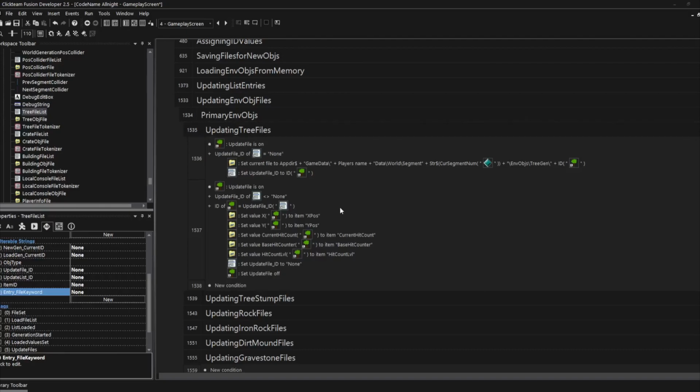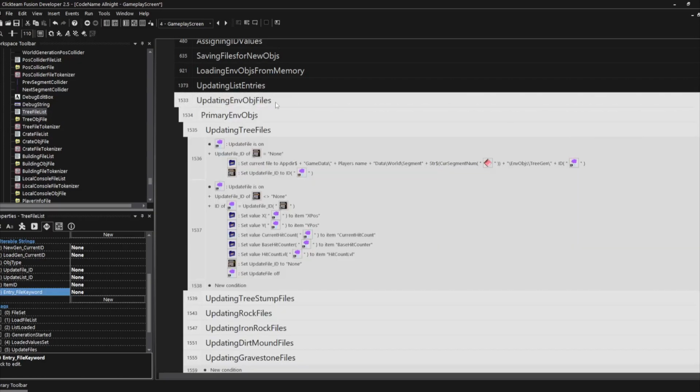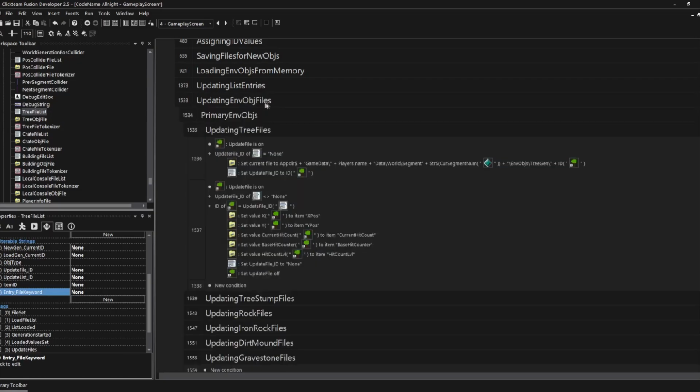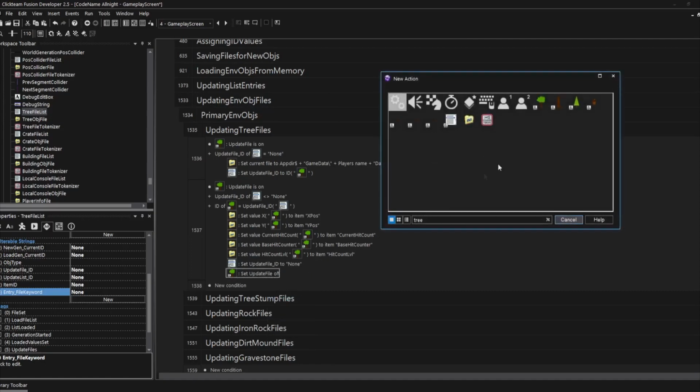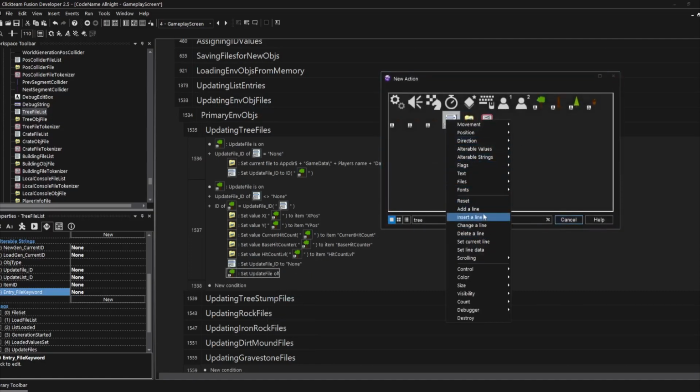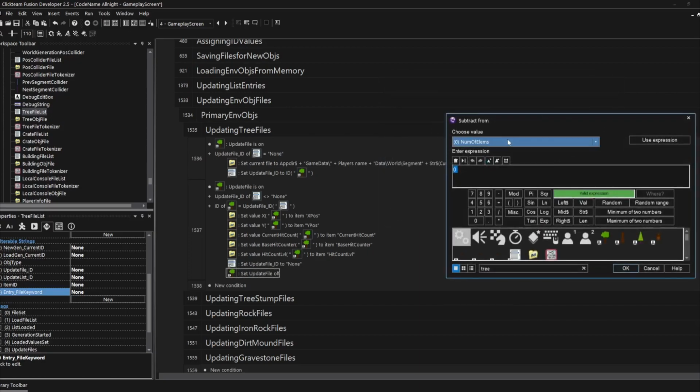Alright, real quick before I actually go through and start editing everything, there's one more case that we need to add into a different part of the system. We're looking at the updating in objects files, basically when we update the files while saving is taking place. So over here where it saves everything, right before the update file of the object is turned off, we're going to want to subtract 1 from the files left to update